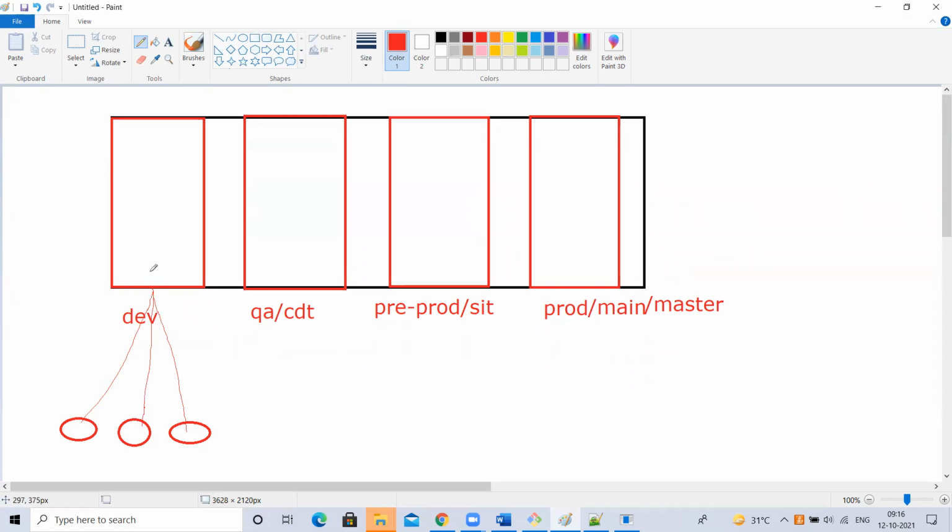Maybe they did coding for 2 weeks. Now I want to give that to QA. Whenever developers commit, for each branch we will have DevOps automation. Whenever a developer commits a single file, that will be deployed in the dev server. The developers test it. When the developers are ready to move to QA, whatever files are present here, they will move the changes to the QA branch. That will be deployed in the QA server. All the testers will be connecting to this QA server and testing it.